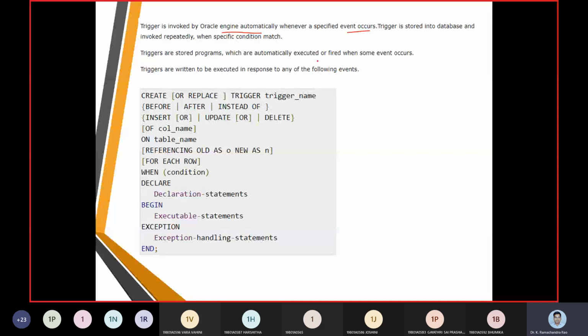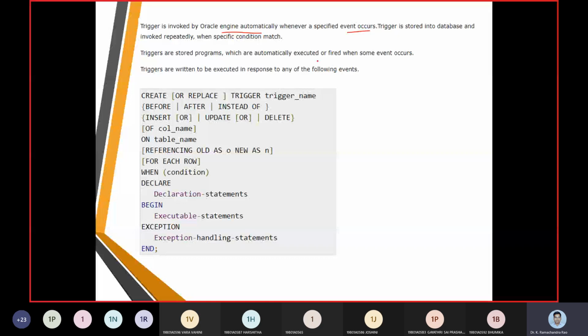So in this case, what was his old salary? His old salary was 1,500. Now we have his new salary. What was his new salary? The new salary was 2,000.